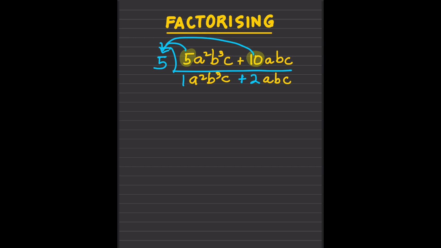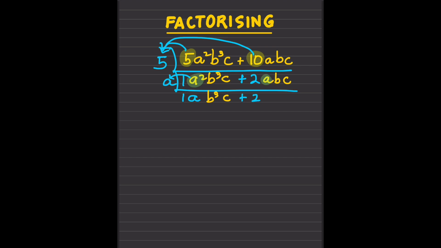Not yet, because see, look at that. There is the variable a, and there is a over there as well, so we can continue. So another common factor is the variable a. So a squared divided by a is a. Okay, so we have 1a, and then just bring down the other,